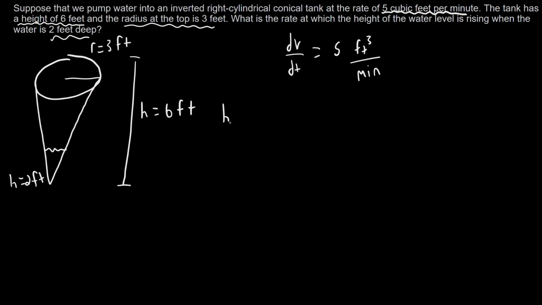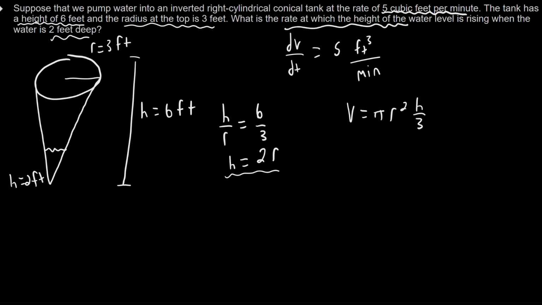So we're going to need the ratio between the height and radius, which is 6 over 3. So the height is always going to be twice as big as the radius. We'll need that for later. So again, we're going to use the volume of a cone. And the question's asking the rate at which the height of the water level is rising. So since we have two different variables, we're going to want to keep the h and get rid of the r. So let's rearrange this for r,